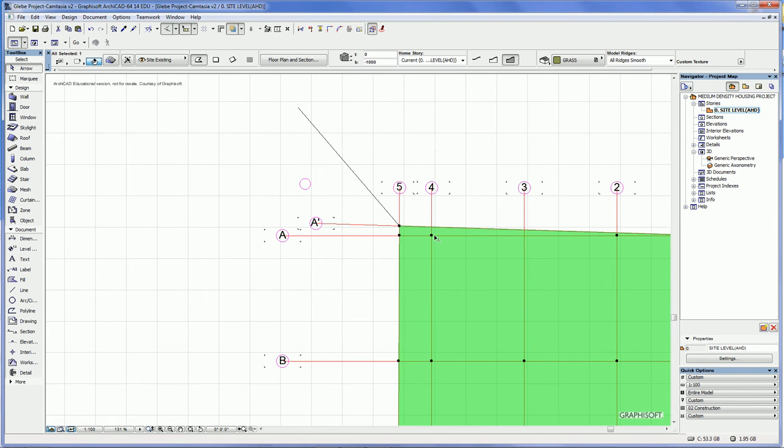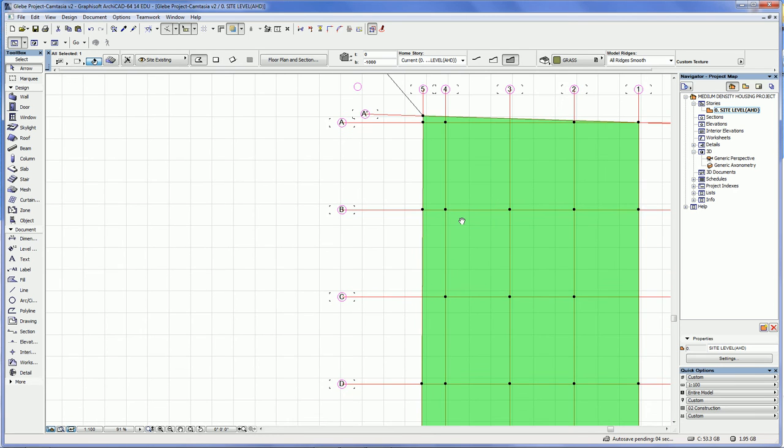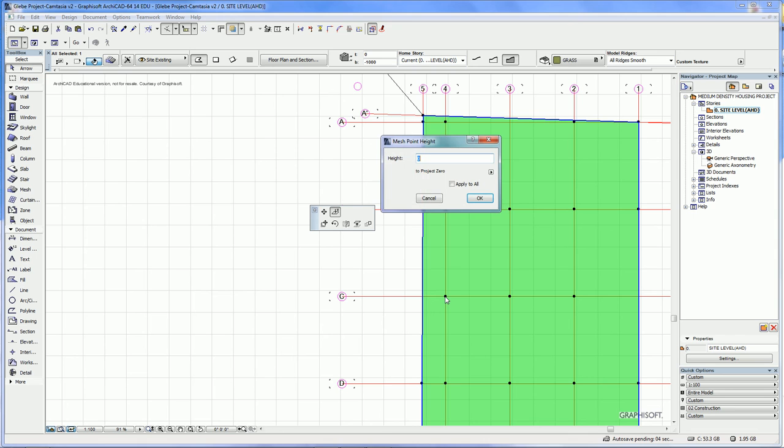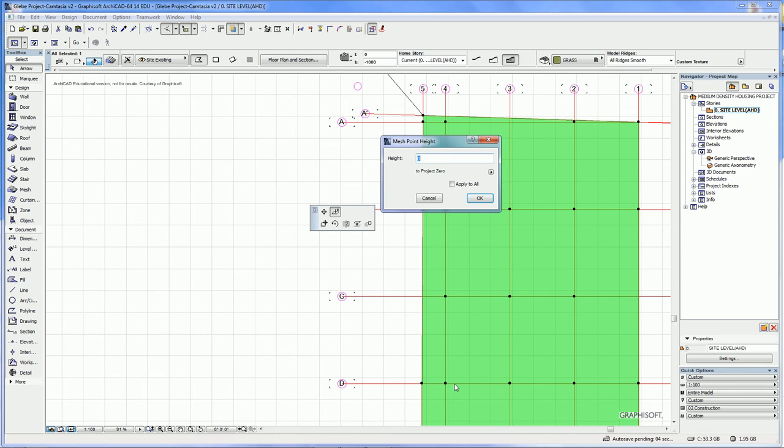Okay, go back up to the top. We've already done that one. That was the first one that we did at A4. Then we go to B4, which is 100,630 with reference to Project Zero. Then we go to 101,320 with reference to Project Zero. Then we go to 101,800